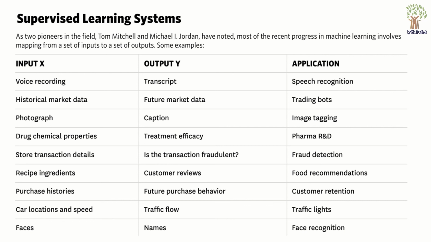Look at the last example. This is a very popular one: face and names. How does facial recognition work? If you have the names and the corresponding faces, this helps the machine to get trained. Now when a new face comes in, the facial recognition application, that is the model that you have built, will identify the corresponding name.